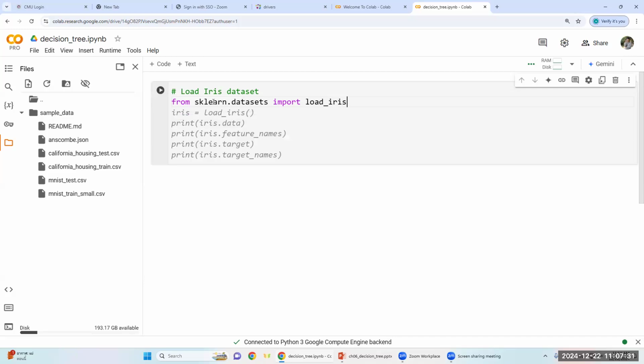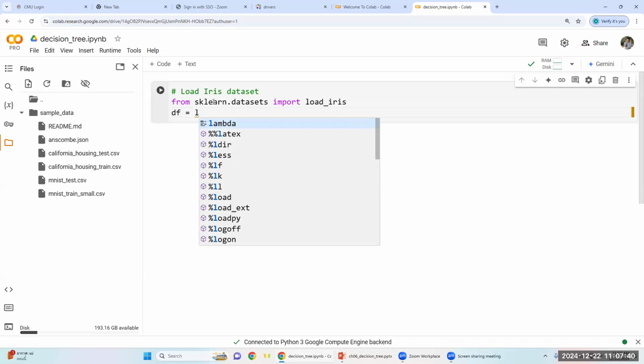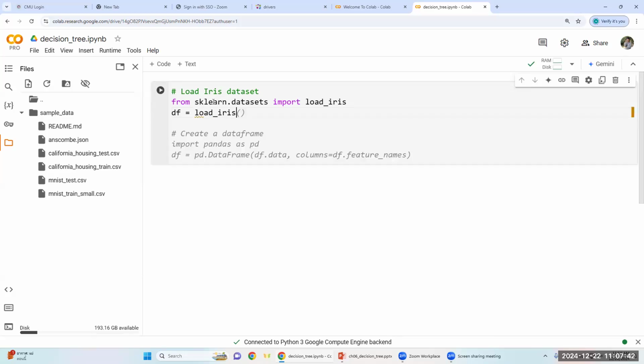So this is the function. And then we can say our df equal to load_iris, right? So if we try to print the df from the load_iris,